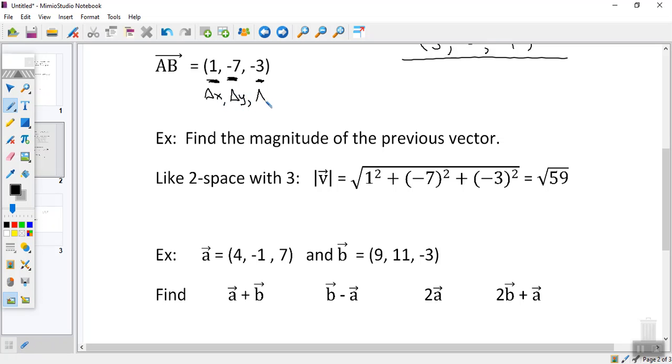What was your change in z? So my friends, we really have to apply kind of Pythagorean theorem, but instead of doing 2 values, you're now dealing with the magnitude just like 2 space with 3 dimensions right here. So the magnitude of that vector up here is going to be the square root of 1 squared plus negative 7 squared plus